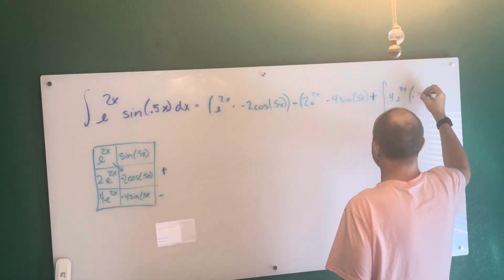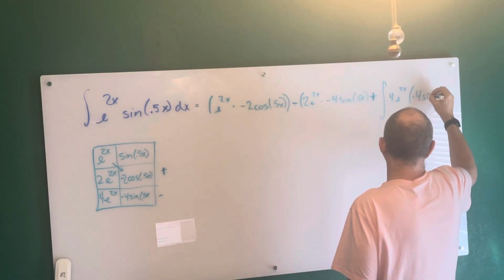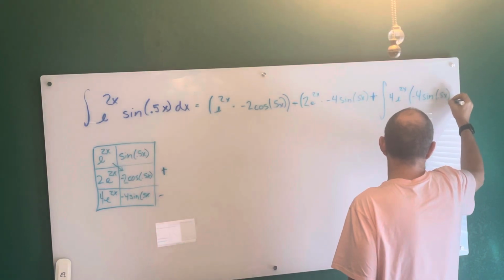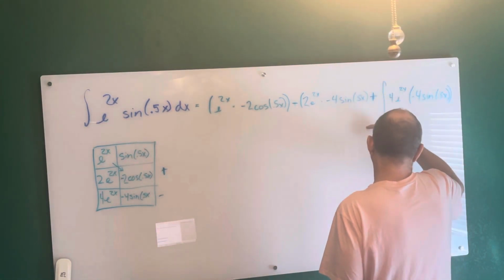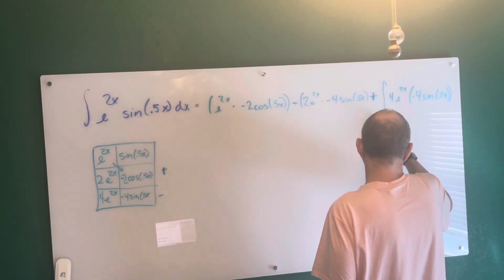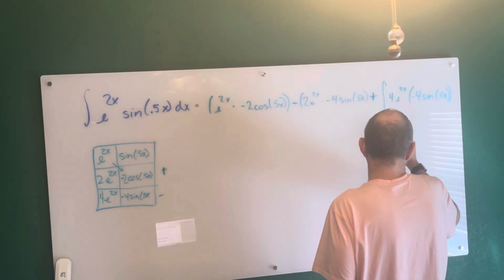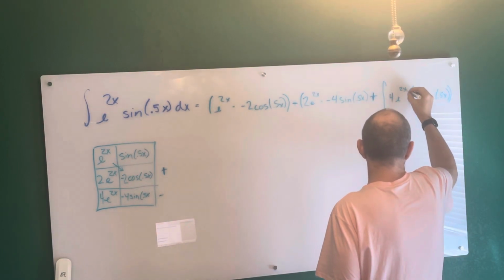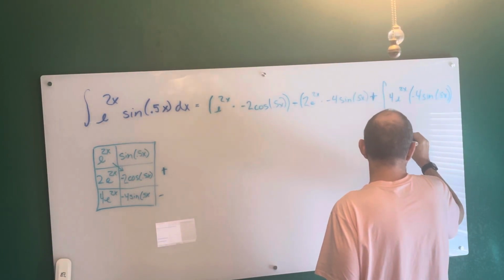The minus is here, 4 sine of 0.5x. And that negative will distribute out, but it'll be minus 16 of these e to the 2x, sorry, sine